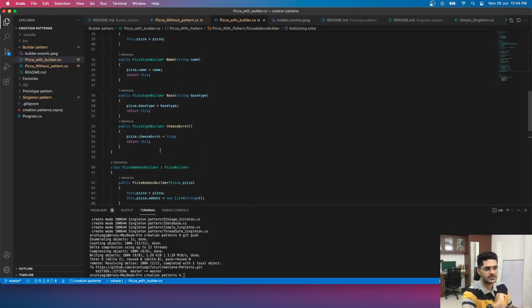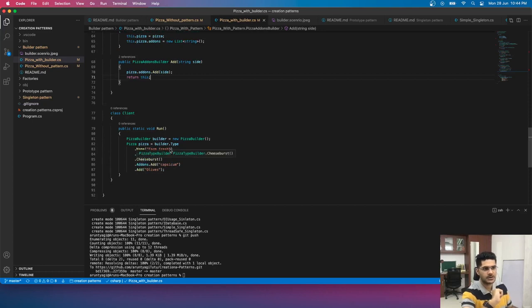Now the beauty is, if you see how the client is calling: builder.type name, then a dot base, then type cheese burst, then add-ons. So here it is returning this, right? And this is the same instance.